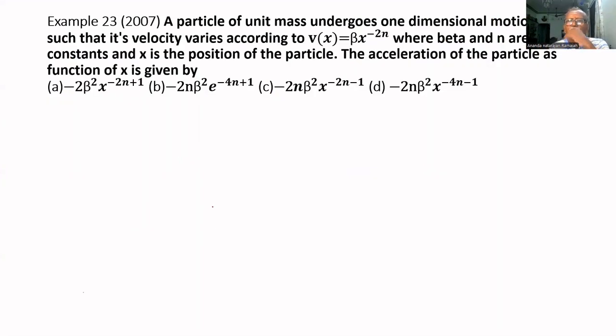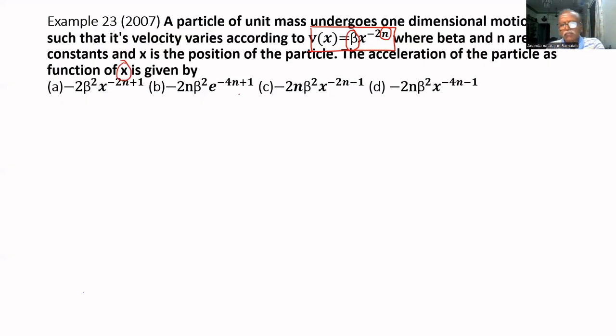A particle of unit mass undergoes one-dimensional motion such that its velocity varies according to the given equation. So definitely differentiation and integration will be involved. Where beta and n are constants. x is the position of the particle. The acceleration of the particle as a function of x is given by,